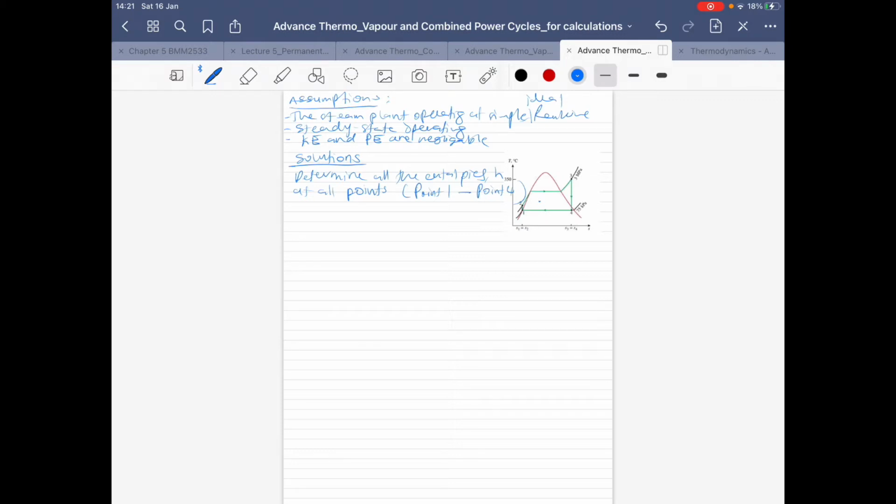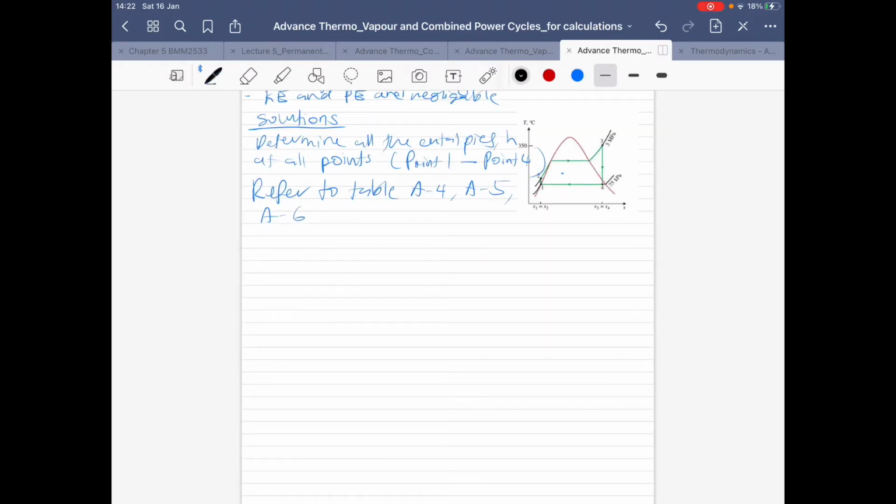Alright, how to do that? So remember, I think you have learned during your undergraduate or maybe from the previous lectures that we can get the enthalpies of TS diagram or from the specific temperature and pressure according to the state of the substance, either it is saturated water or superheated, based on the table. Refer to table A4 or A5 or A6. So let's get point 1. At point 1